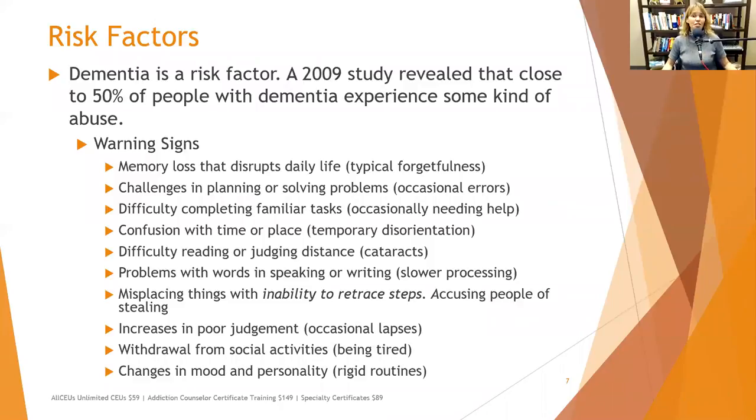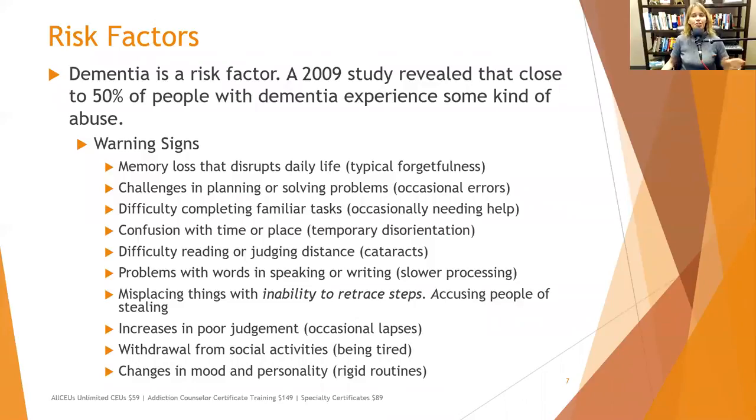They may have difficulty completing familiar tasks. This differs from normal aging, where people occasionally need help with things. I think about myself, and periodically I'm looking at the 3 remote controls that are sitting on the coffee table going, I just give them to my daughter. I'm like, Haley, turn something on TV. But occasionally as we age, things change. We may need help with things, and that's okay.